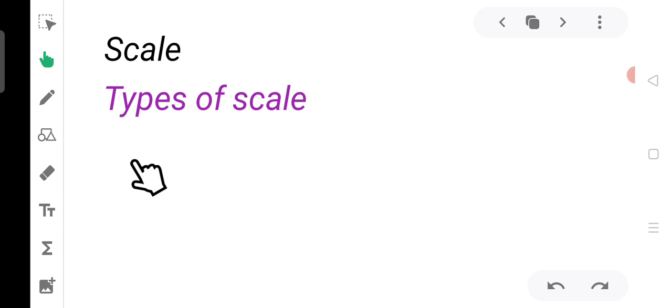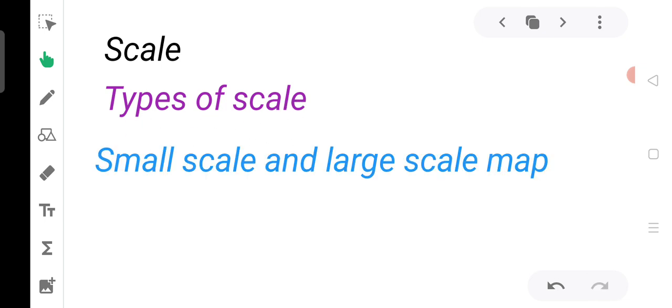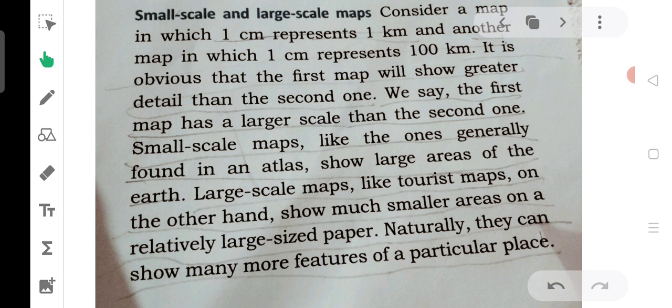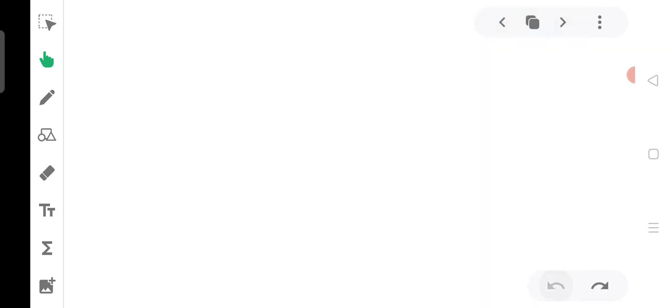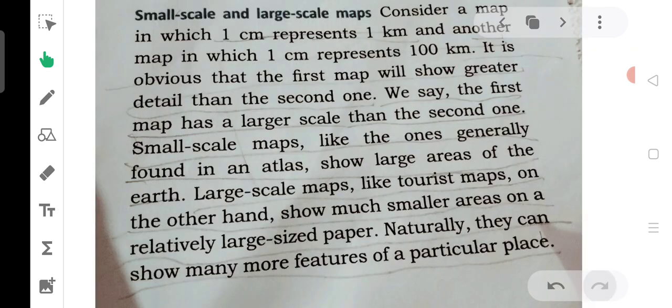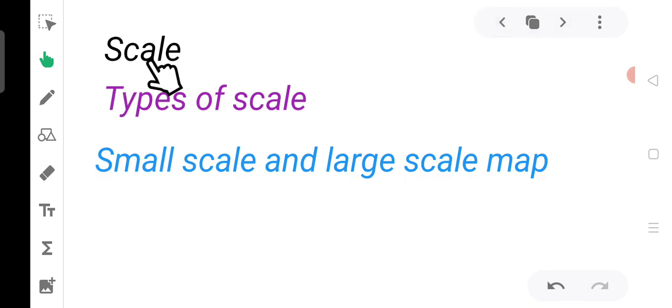Okay. Now, types of scales. There are two types of scale: large scale map and small scale map. This you will see on the next slide. Here, first of all, we will study how to measure the scale. Scale is measured in three ways.